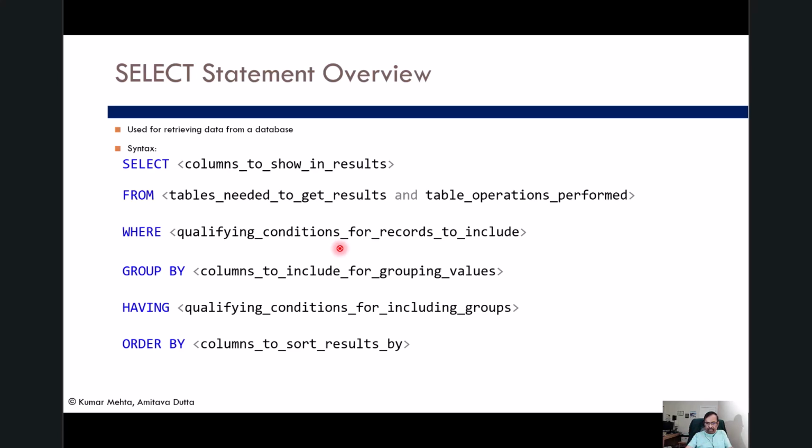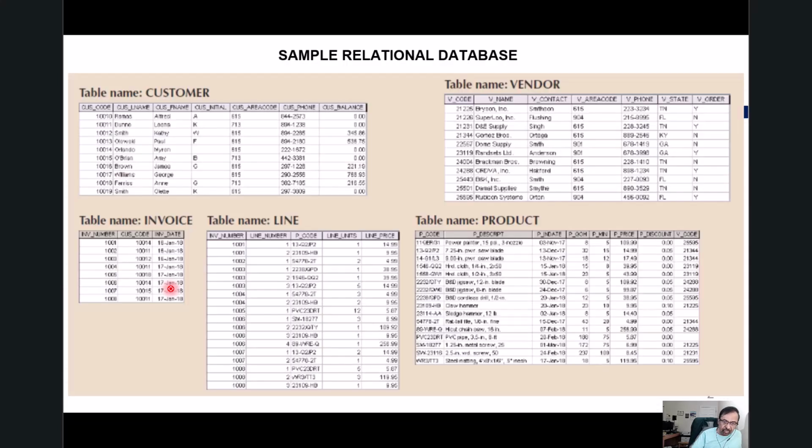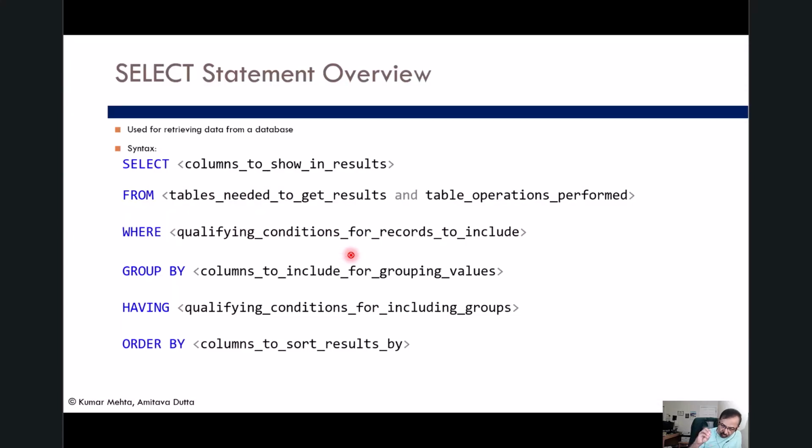All right. And then group by would be used if you're trying to coalesce. Okay, so the example that I gave you a few minutes back was I had an invoice number, and I wanted to find out the total value of the invoice. Those are kinds of circumstances where you might want to group data. And then there are the examples for having and order by. I think you can guess what order by means, that you would sort the output in a particular way. We will see what having does